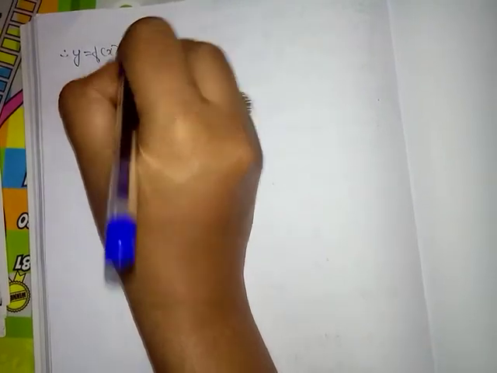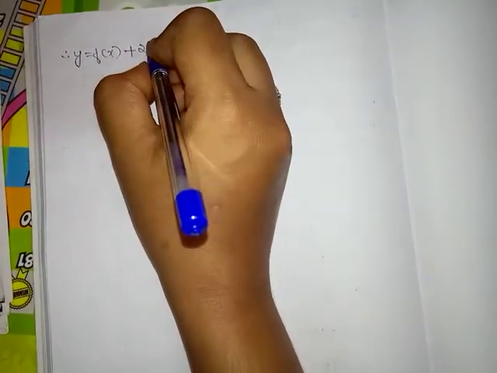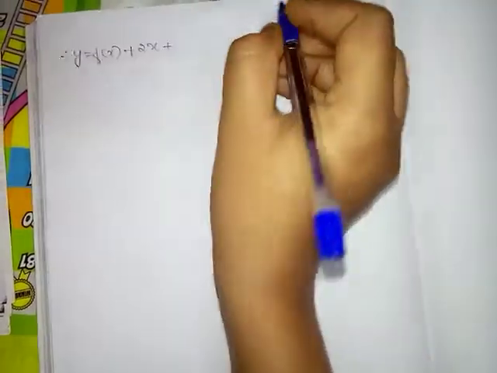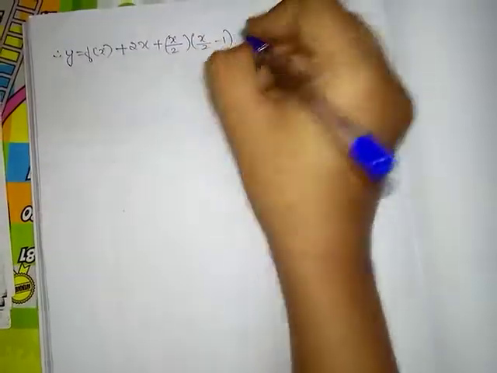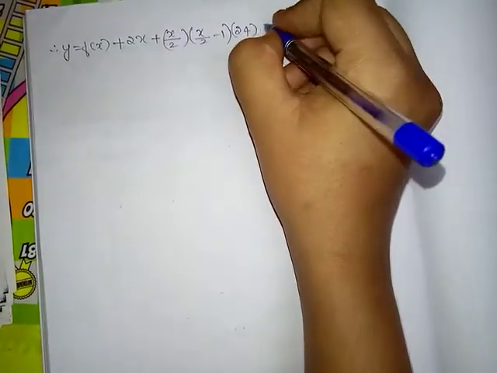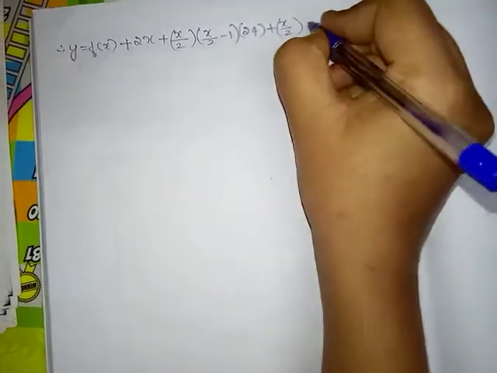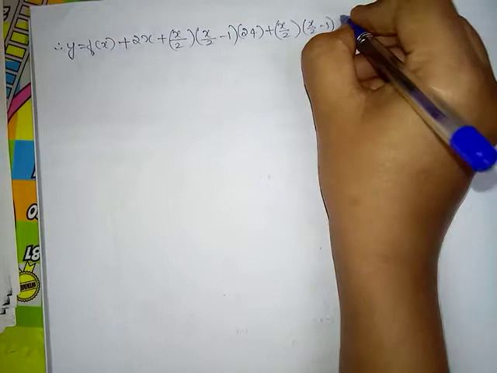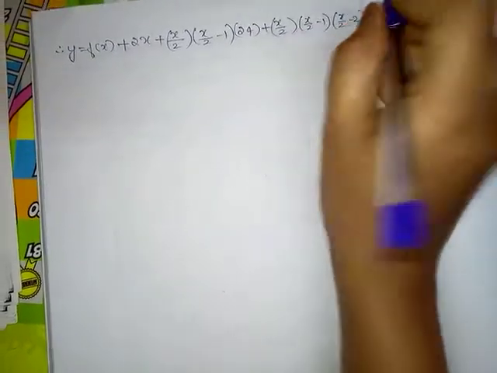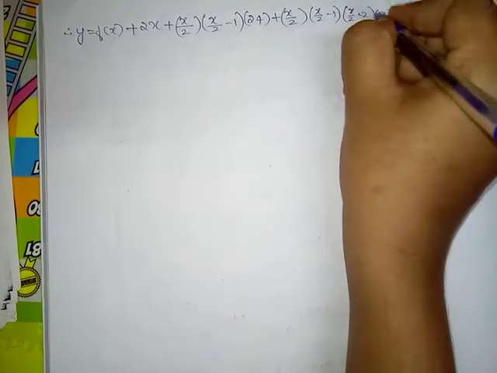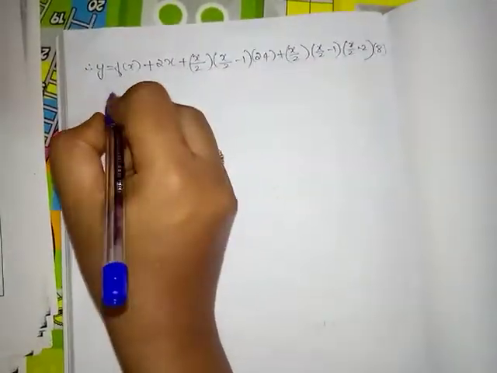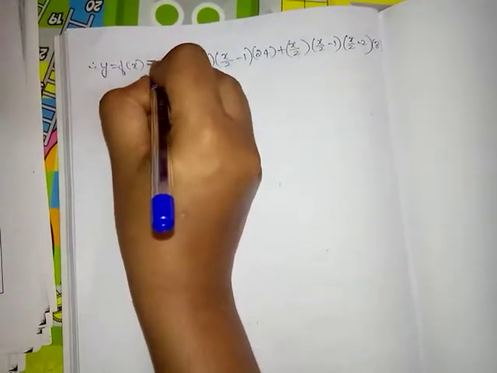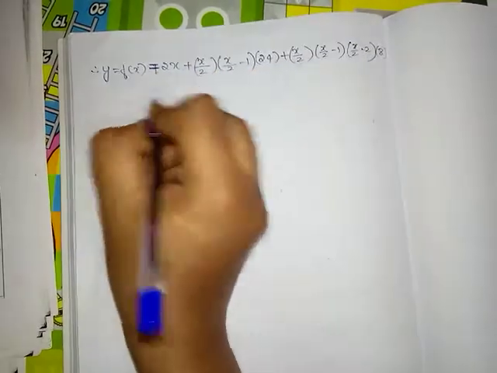Therefore y is equal to f of x is equal to y naught, which is 0. Directly I will go to the next term, that is 2x, because x by 2 into 4 is 2x, plus x by 2 into (x by 2 minus 1) into 24, plus x by 2 into (x by 2 minus 1) into (x by 2 minus 2) into 48 divided by 6, which is 8, because 6 ones are 6, 8s are 48. Which is equal to this one,